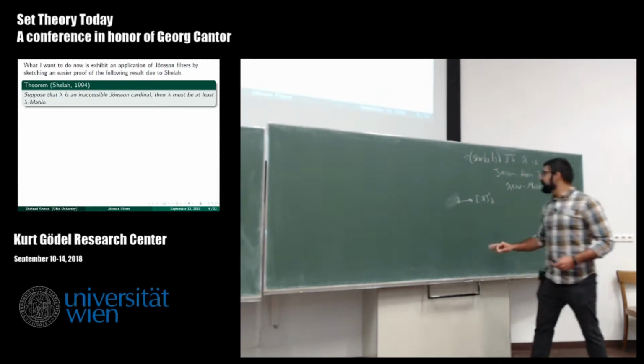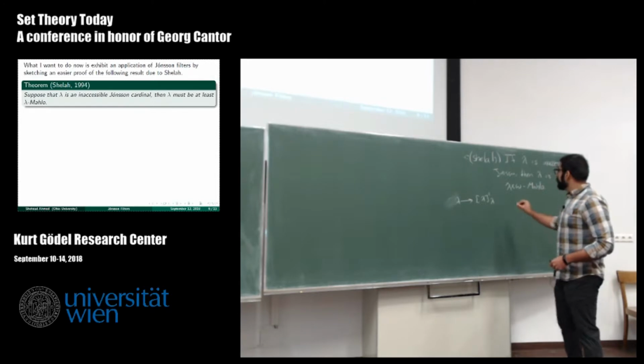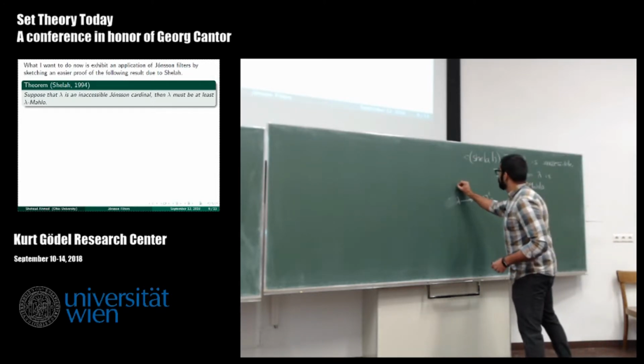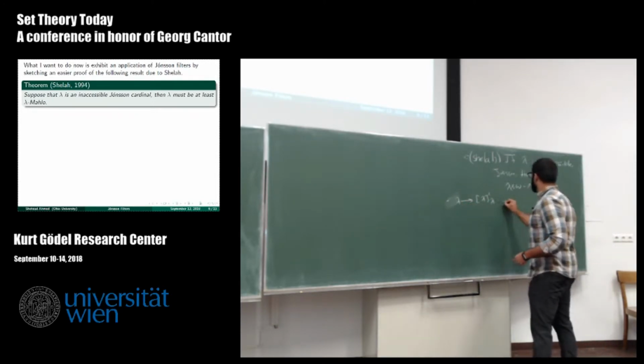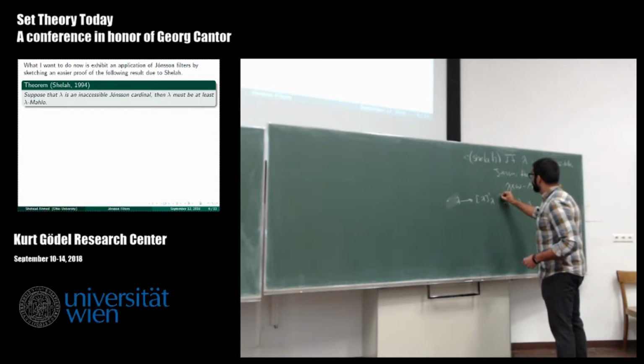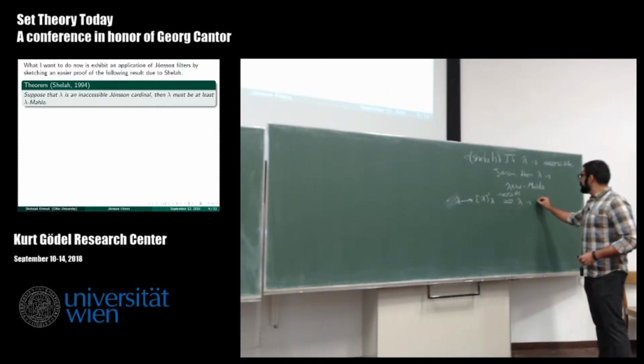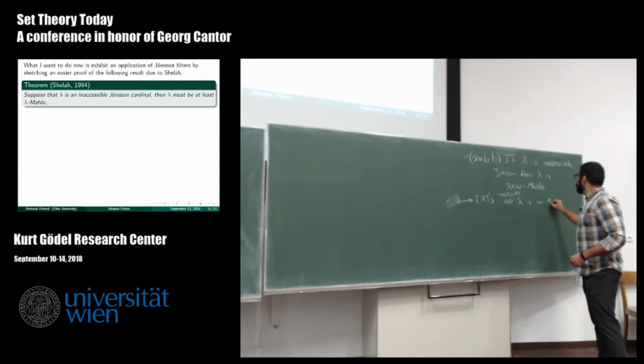Right, so instead of asking for colorings of finite sets, we're asking for colorings of pairs here. And this is also due to Shelah. I guess I'll just leave this here. Oh, and inaccessible. If lambda is inaccessible and lambda satisfies the square bracket partition relation, then lambda is omega Mahlo.